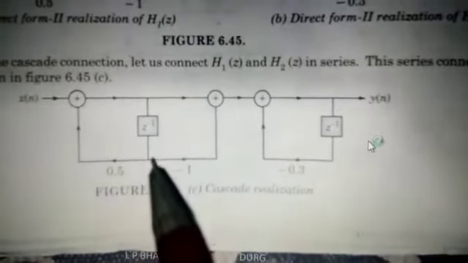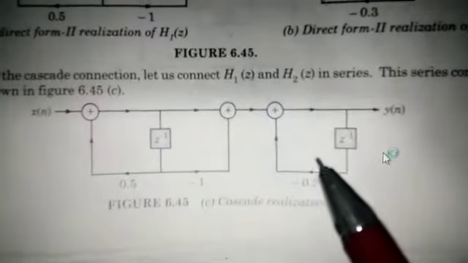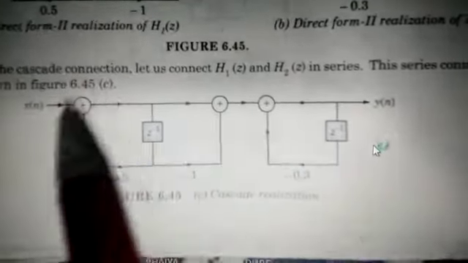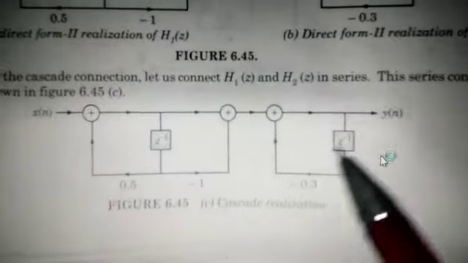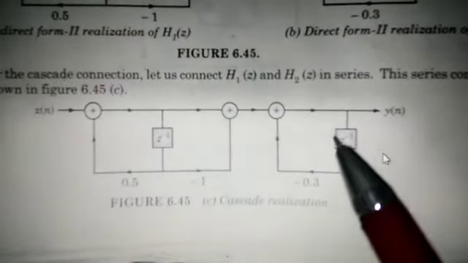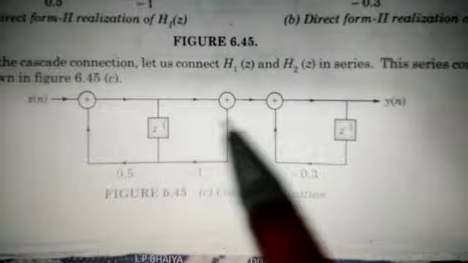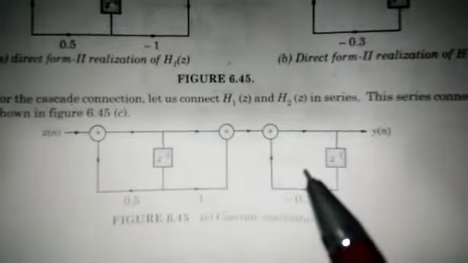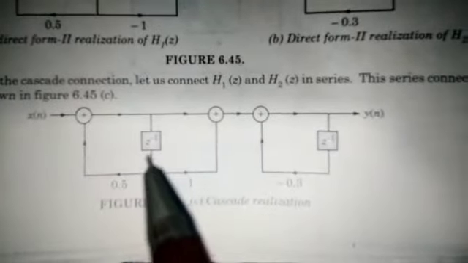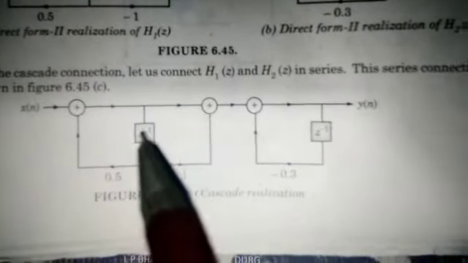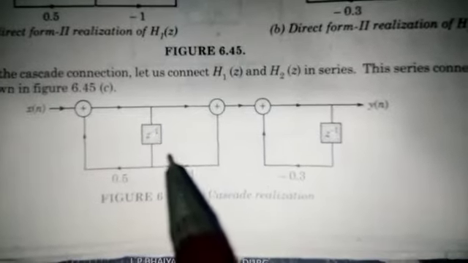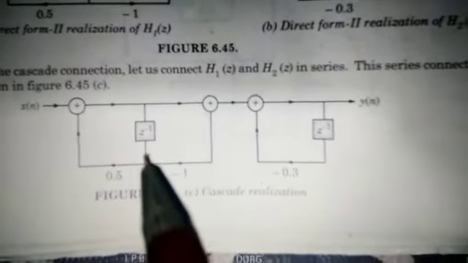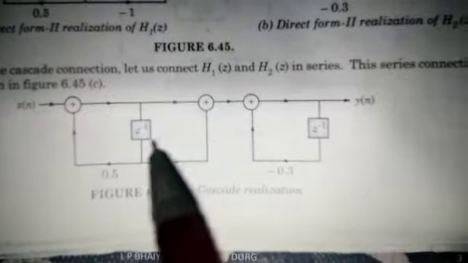This is a direct form 2 realization. This is also a direct form 2 realization. So this whole diagram represents the cascade realization. Each individual term is of direct form 2 realization. Dear friends, remember, while solving problems of such types and lengthy problems, realize each term in direct form 2, because it is easy to represent in direct form 2, and the direct form 2 realizations are then cascaded.